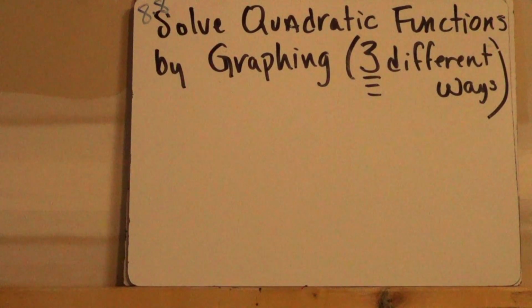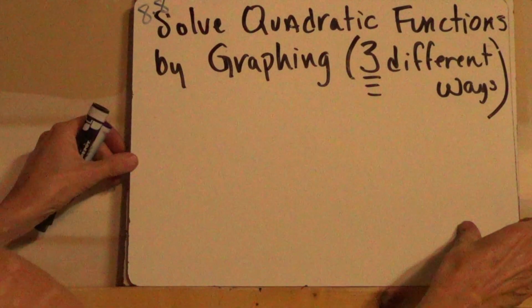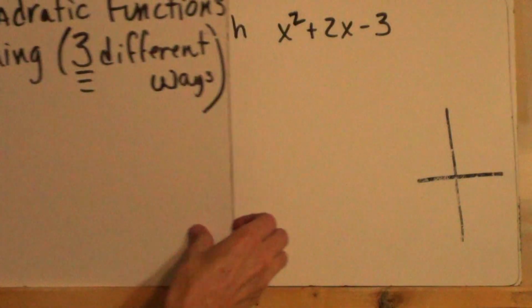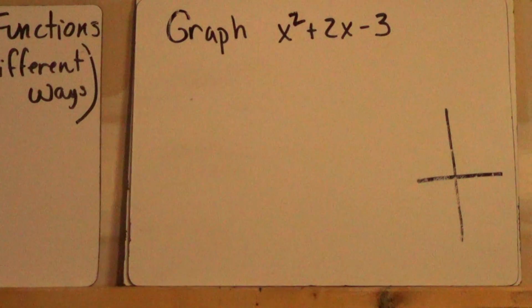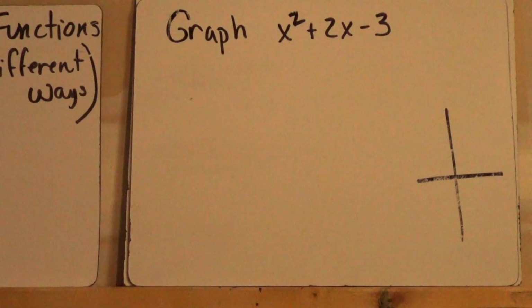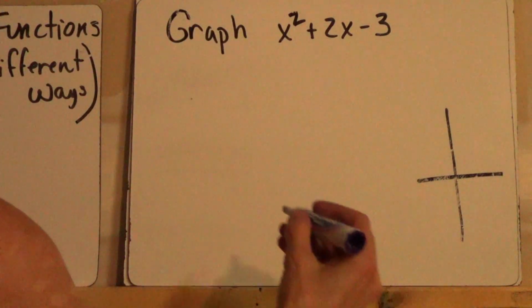Hey guys, welcome to solving quadratic functions by graphing three different ways, 8.8. So we're going to solve them three different ways. First thing that you can do in solving a quadratic function is to graph the x squared plus 2x minus